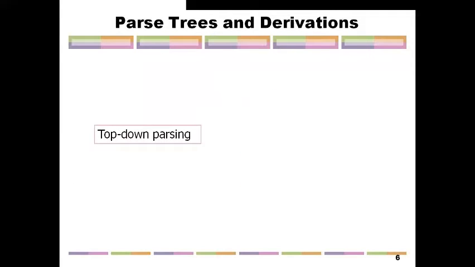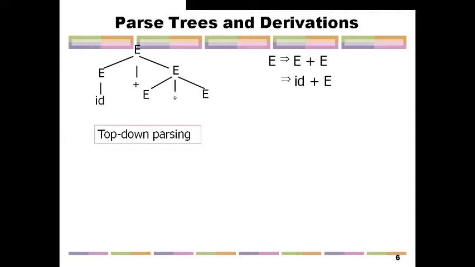Okay, next we are going to discuss parse trees and their derivations. How is this parse tree generated? Consider top-down parsing. It starts from the root. So we start from E and generate E plus E. Then after that, we derive E into ID. Then for this E, we apply E into E times E. Then for each E, we apply ID. For the second E, we apply ID. Then for the third E, we apply ID. So what is the output generated by this parse tree? The output string is ID plus ID times ID. So this is the structure of how top-down parsing works.